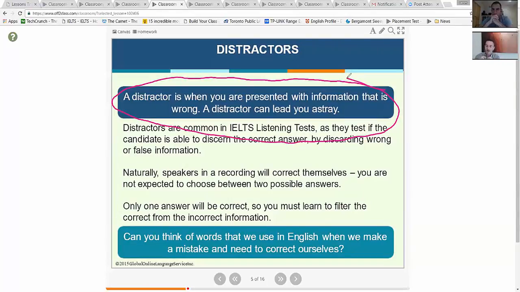So here again, I emphasize that students must read the questions before listening to the recording, because in IELTS people will say the wrong thing and then they will come through and correct themselves. So a great exercise for this is to ask students, when we make mistakes ourselves, what kind of language do we use to correct ourselves, and what language do we use to correct or clarify with others? So along with distractors, and I've got quite a long